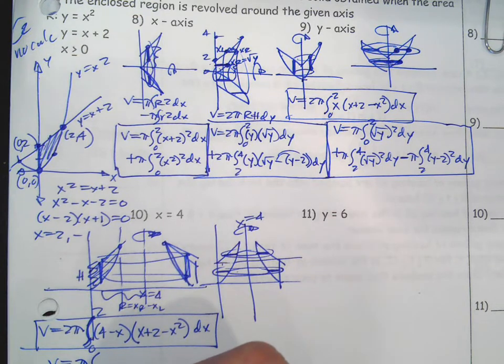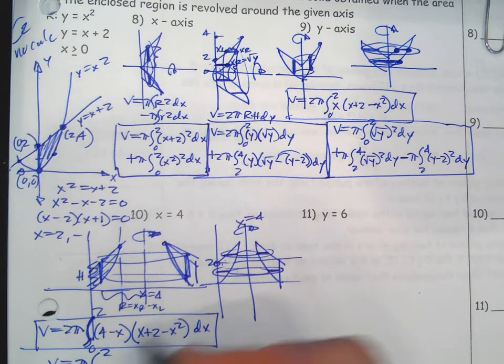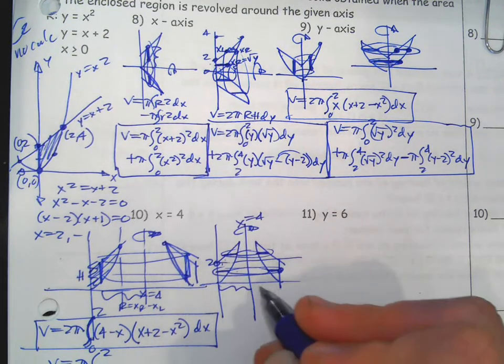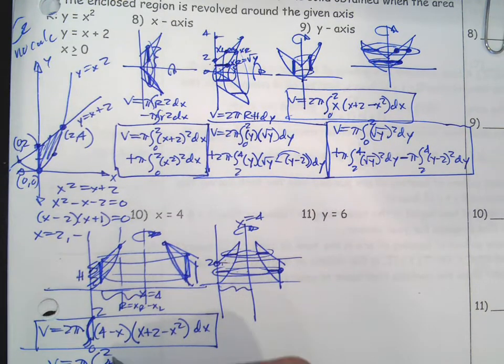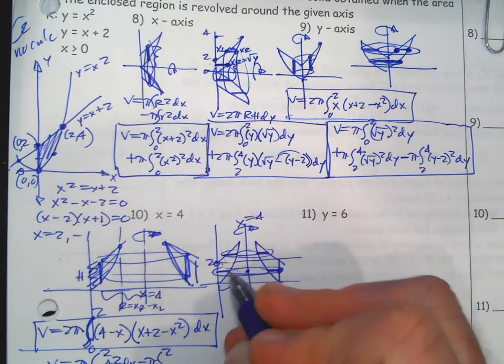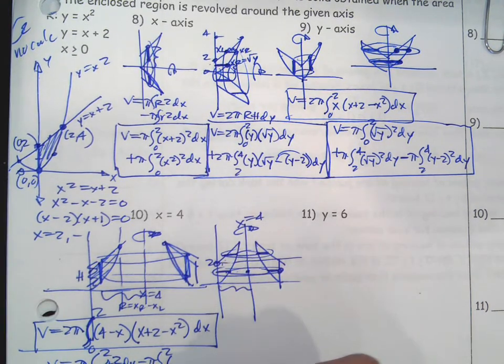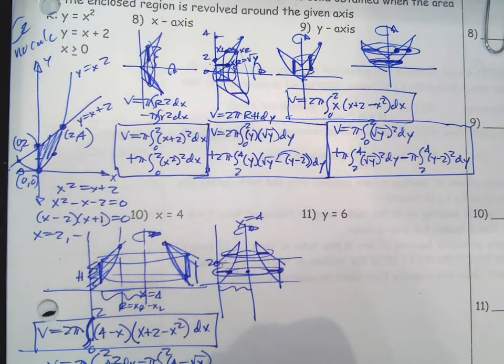We're going to go 0 to 2 first, and the big radius is just x right minus x left. 4 minus 0 is just 4 the whole time. And then the little radius is inside, it's x right minus x left. It's 4 minus the x coordinate here, which is the square root of y, squared, dy,